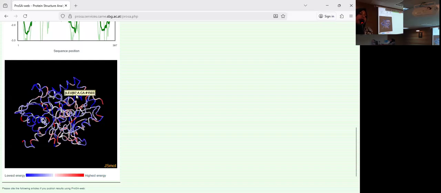So obviously protein is flexible. You will always have some red regions and some blue regions. But how will you justify or identify whether your model is good or not? It depends upon how many blue regions there are.